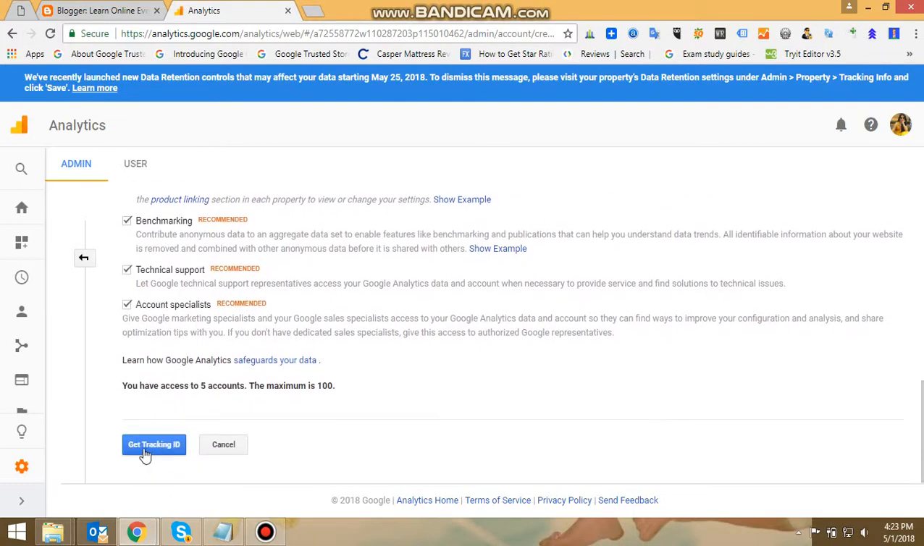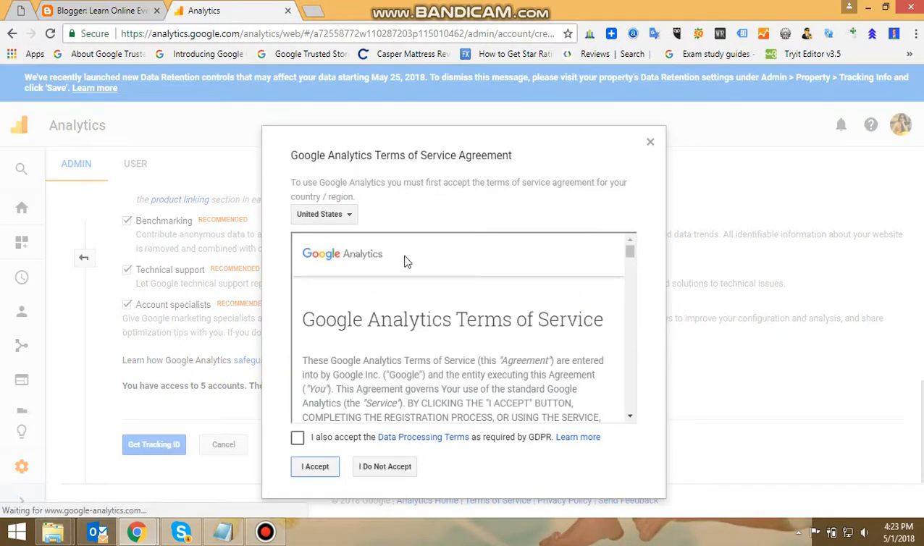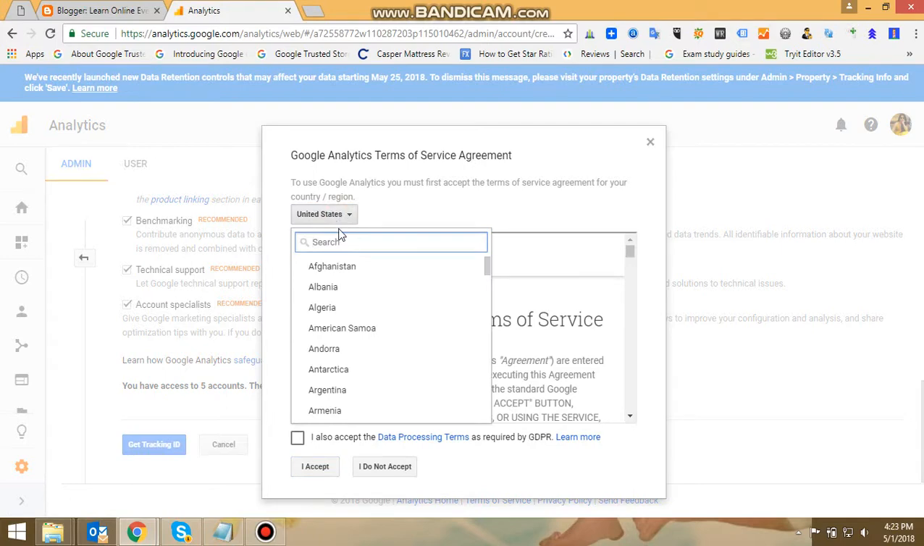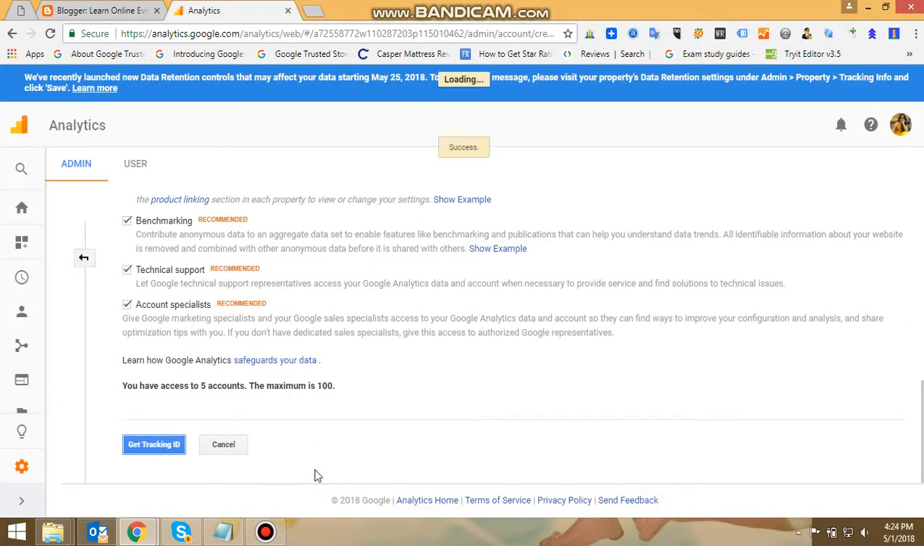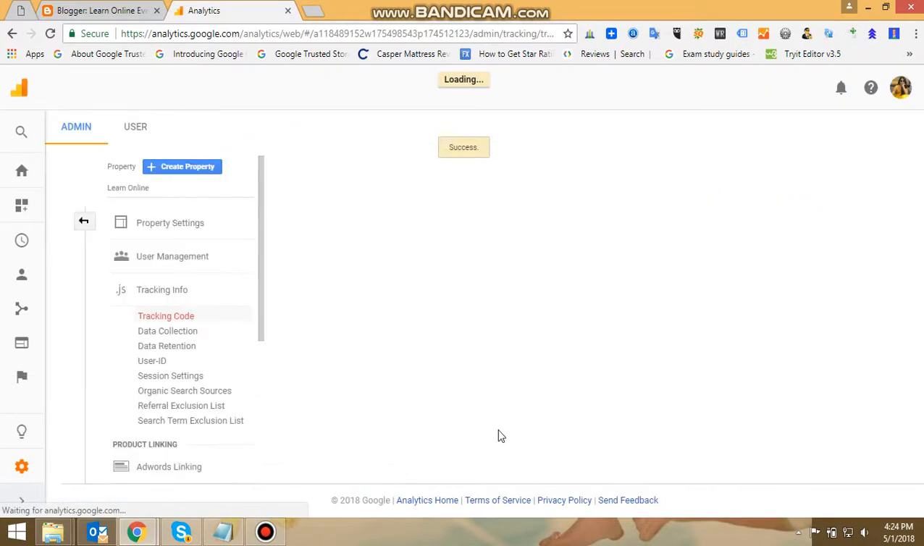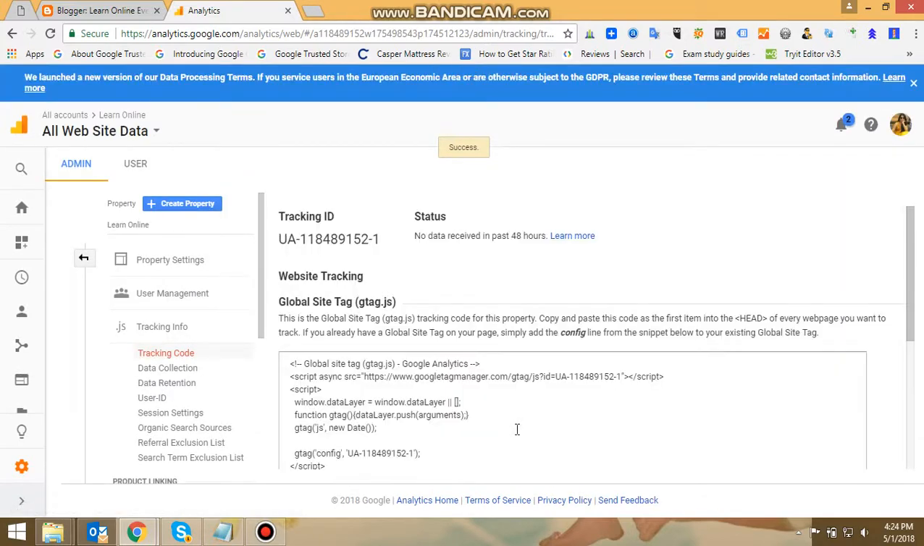Now I will click on the Get Tracking ID button. To accept the conditions, you check on this button. On this, I accept. It will take you to the next page, and on that page here you can see you will get your tracking ID. So copy that tracking ID